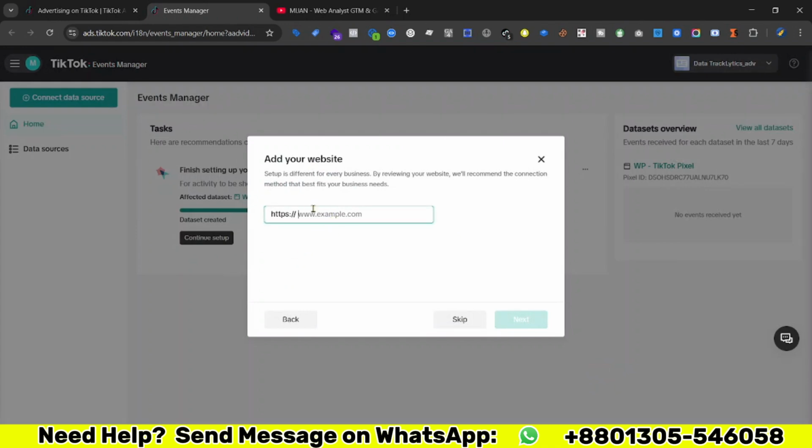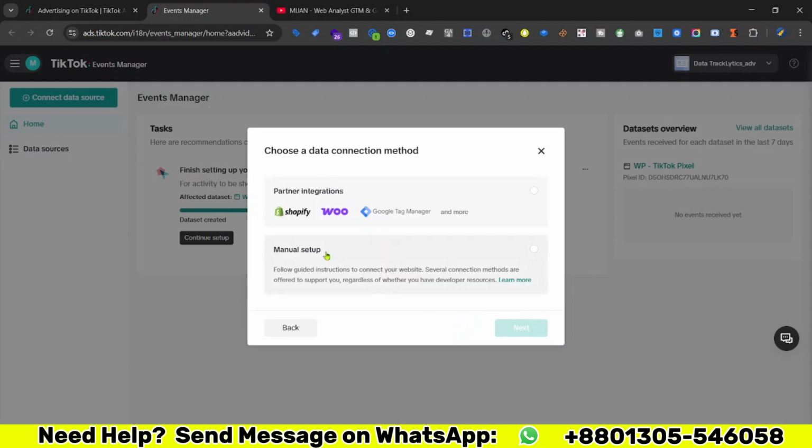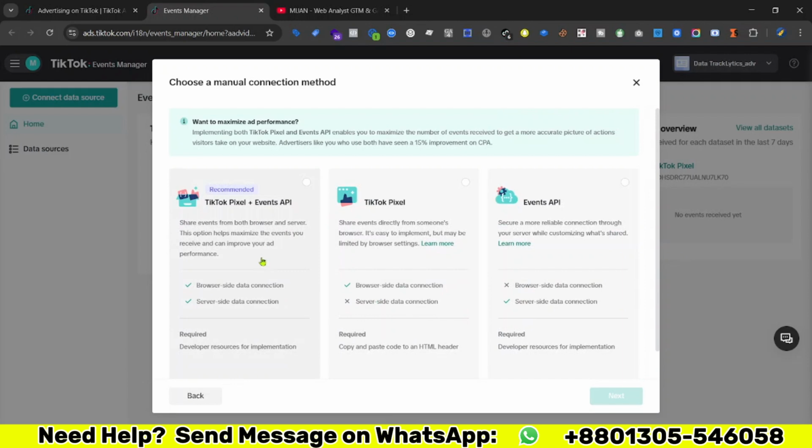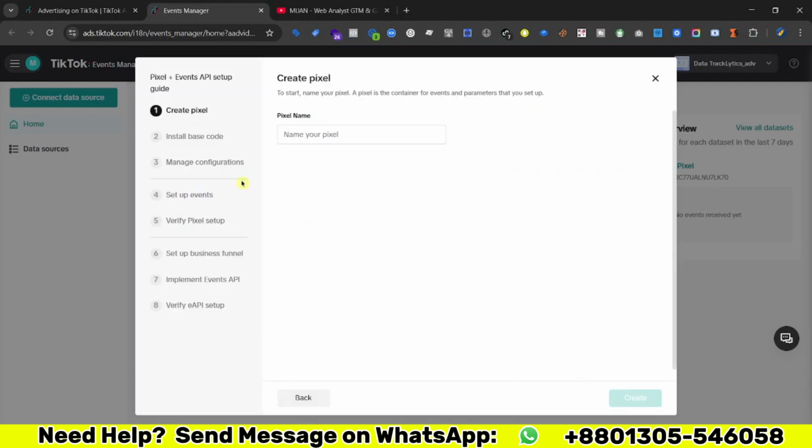Then you can put your website URL here, or you can skip and it will be a manual setup. Then next. Now you can actually select your setup type. In my case, I'm going to select TikTok pixel and Events API. And next, name your pixel,